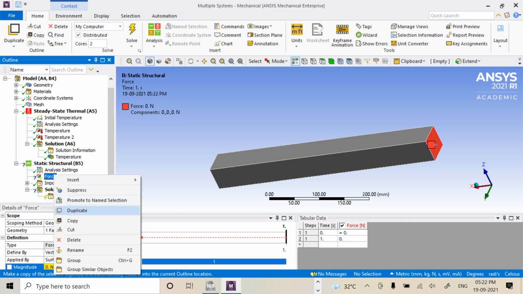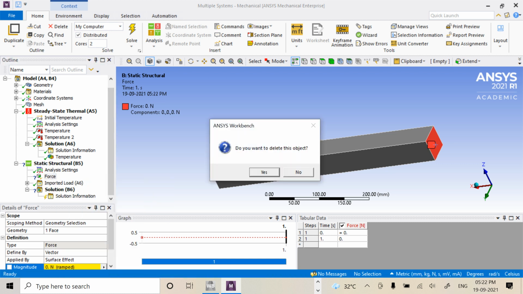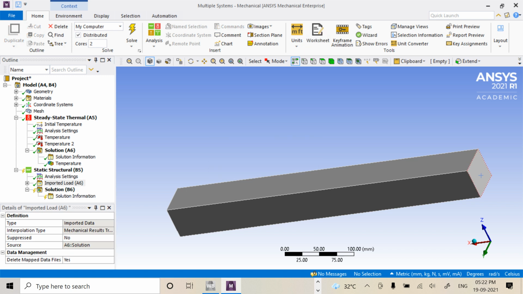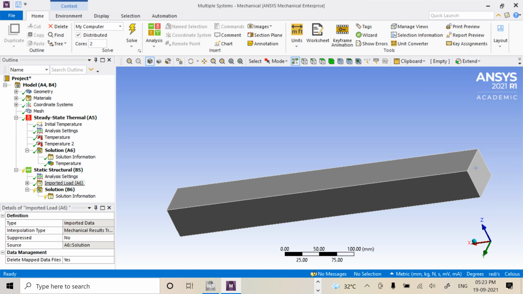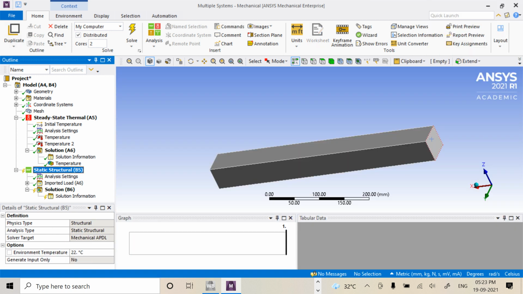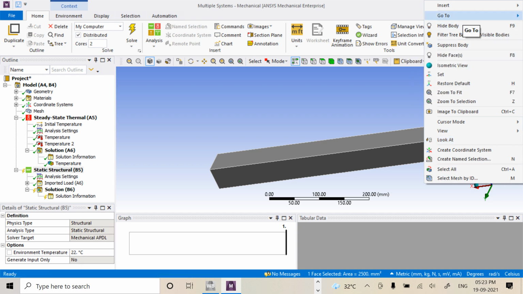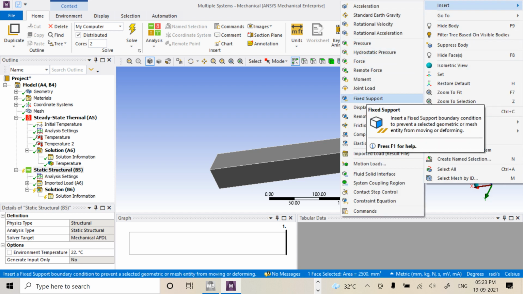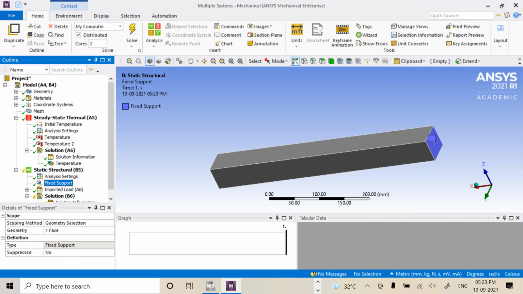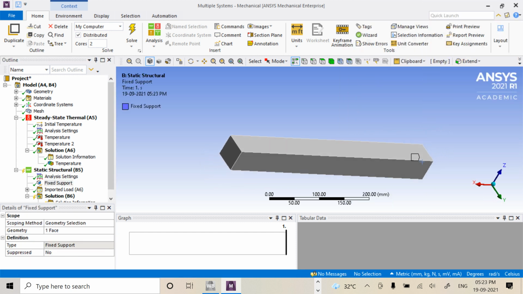Right click, delete. Yes. So right click, insert. So static structural analysis, we're going to select it, insert, fixed support. We give it as fixed support. We go to the next side.